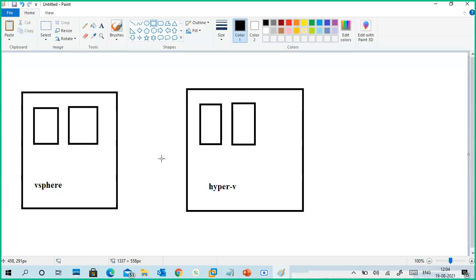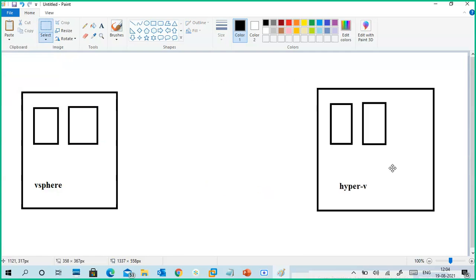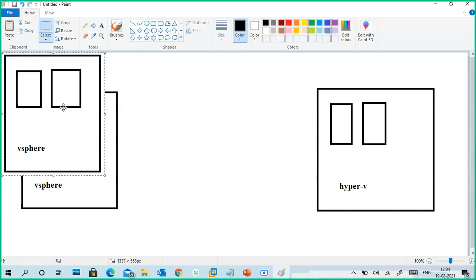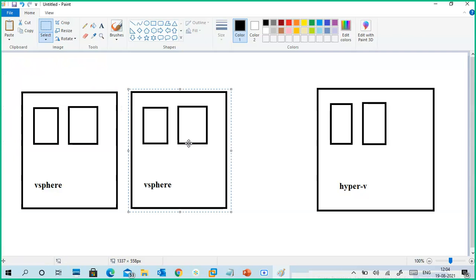So what is vCenter? vCenter is a little bit different. See, I have multiple vSpheres. Because I don't want to mix up the topics, that's why I put a borderline.